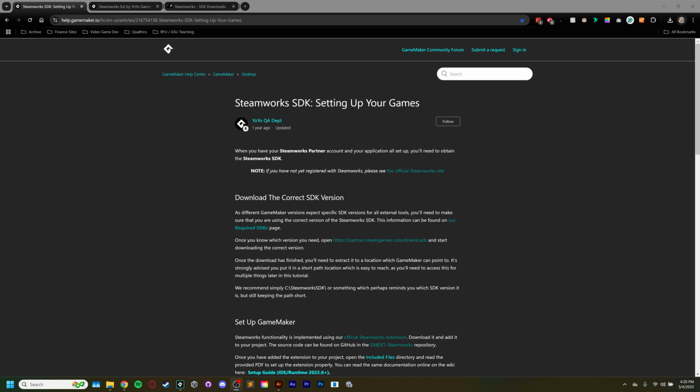Okay, so the first thing that you need to do is to set up the Steamworks SDK on your local machine. And then once we have that SDK in place, we can then install the extension to GameMaker that allows GameMaker to talk directly to Steam. SDK is short for Software Development Kit, and ultimately all it really is is a folder that contains various files and code that GameMaker is going to need to be able to talk directly to Steam. So we don't need to learn any proprietary Steam coding languages or anything like that. We just need to have this folder on our local machine, and that's going to allow us to talk to